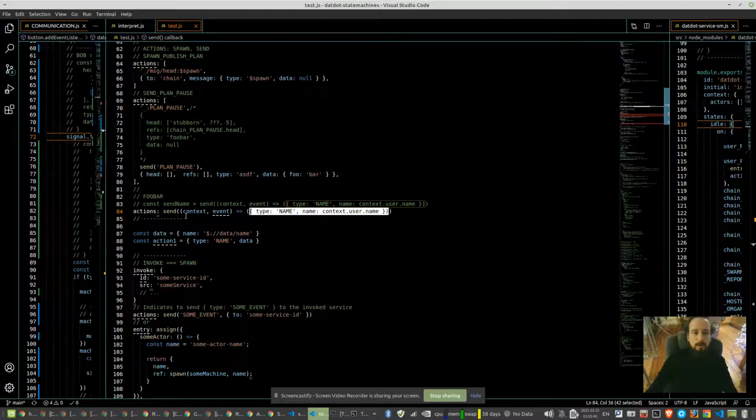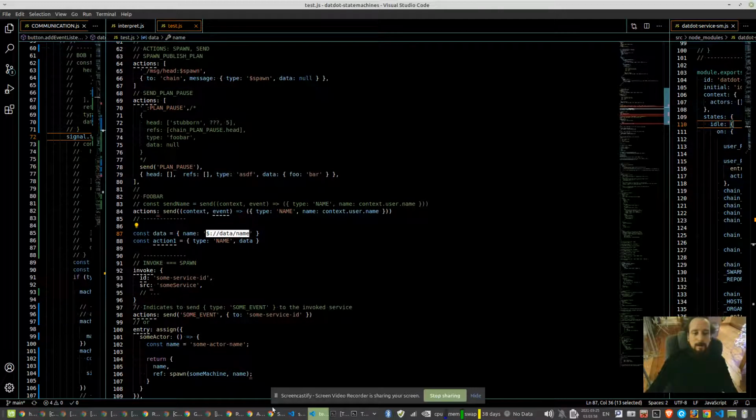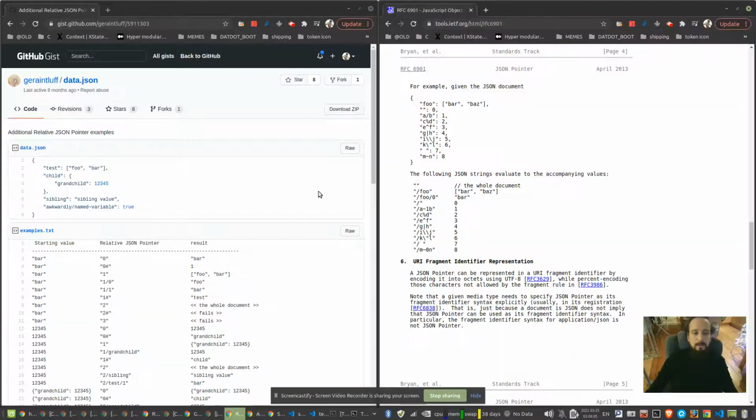Now we need that, but we don't need those functions. We want everything written in strings. So how would we write it so that a string is not just string content, but can actually reference certain data? And in order to do that, I think what we're going to try is to use JSON pointers